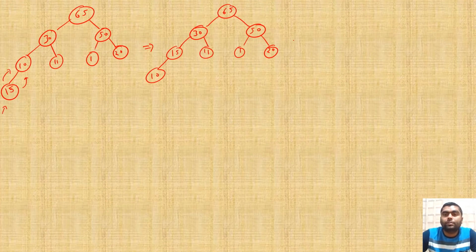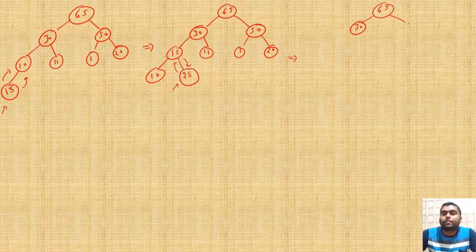As soon as you insert 25, it will be inserted to the right of this particular place. So 25. There is a problem at this node because this is having greater value. So this will go there, and these values will be interchanged. So finally, what will be the resulting tree after this step? So it is 65, then it is 30, then right is what? Right is 50, then left will be the interchanged value.